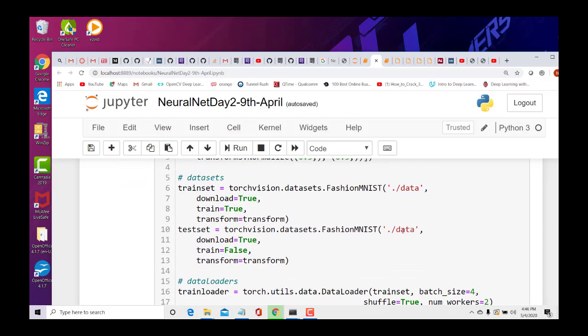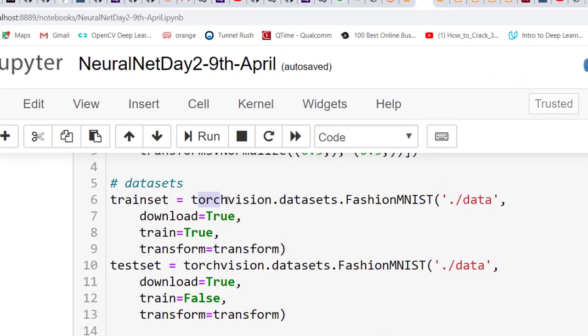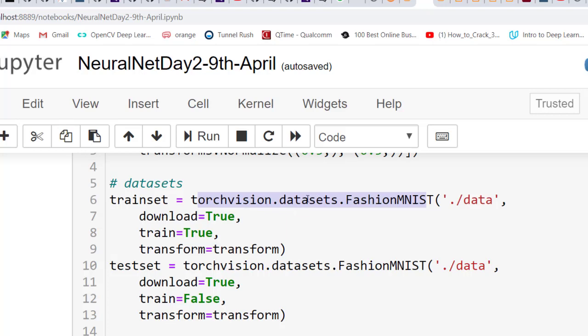First you need to create the handlers for the data set. I want to create a train set handler and a test set handler. How do we get the train set handler? PyTorch has all these famous data sets, like CIFAR, Fashion MNIST, or whichever famous data set; it is there in torchvision.datasets. So you need to create a handler to it, torchvision.datasets.FashionMNIST. Specify the current directory or the directory where you want to store the samples, the images, and whether you want to download or operate from where it is.